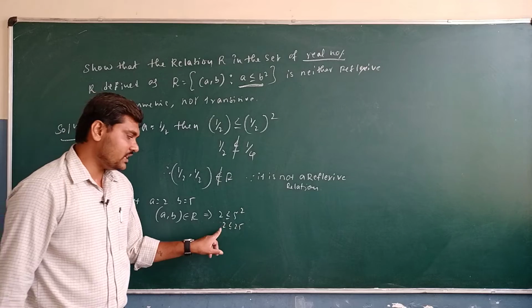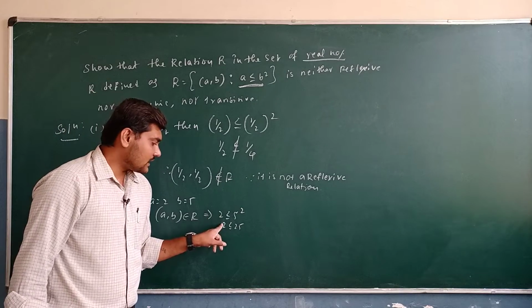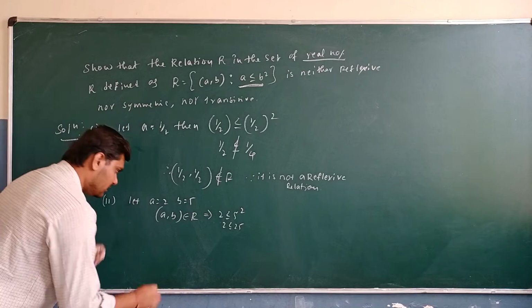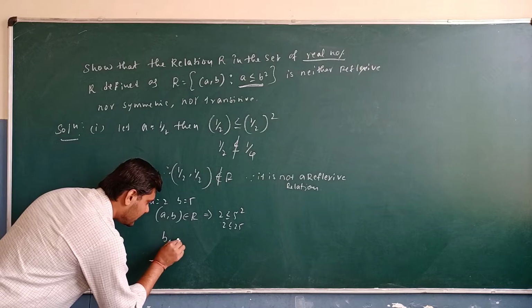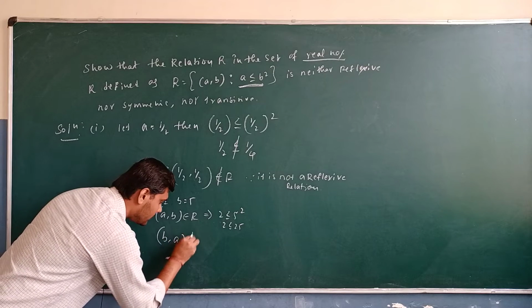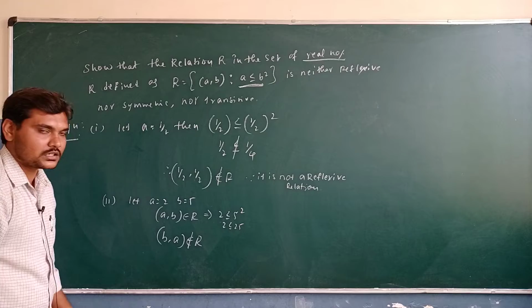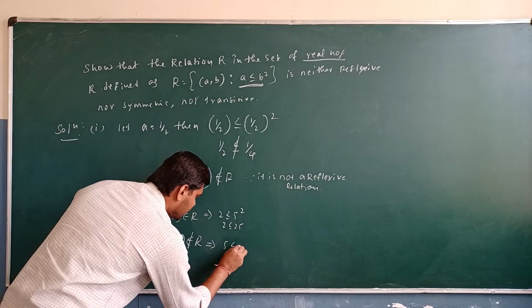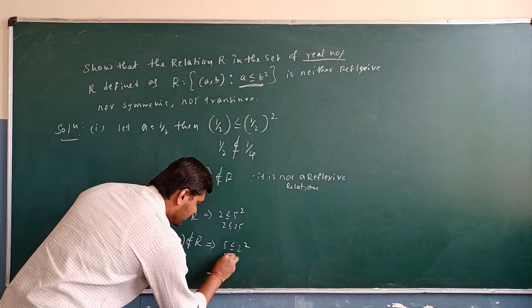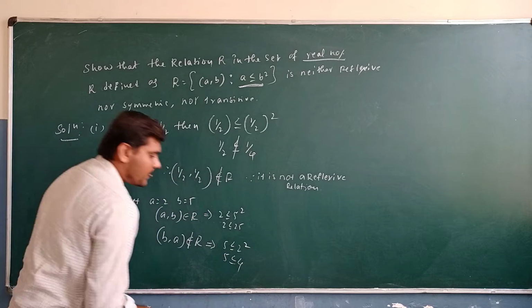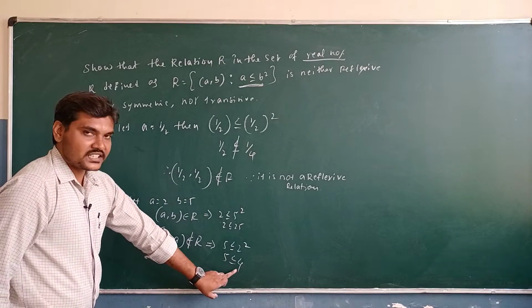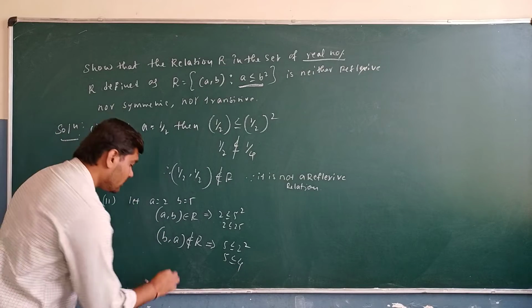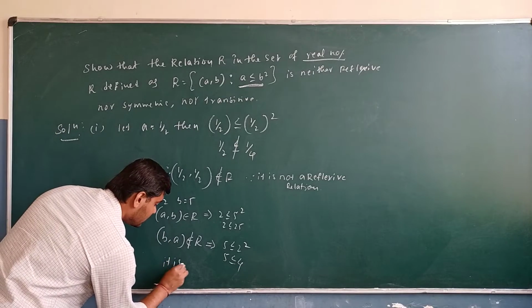Yes, 2 is less than 25. Now assume (b, a) does not belong to R, because 5 less than or equal to 2 square, that is 5 less than or equal to 4. Is 4 greater than 5? Never. Therefore